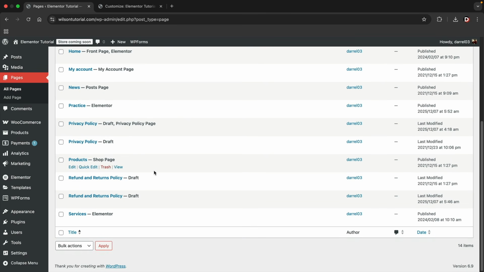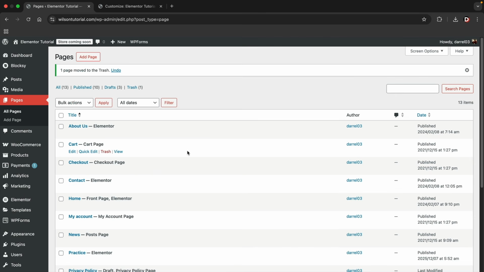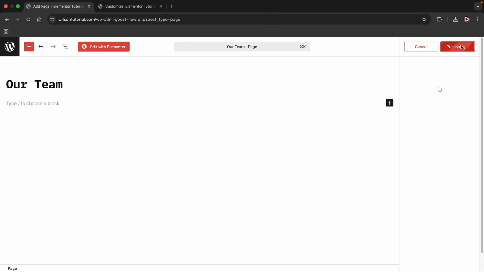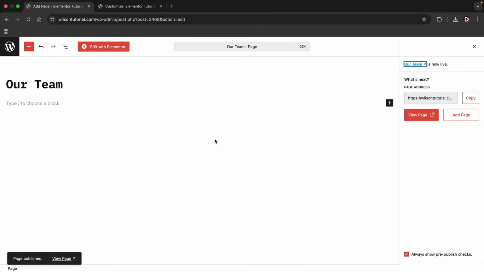Now, if you wanna delete a page, here, for example, we have a refund and return policy page that we don't need, it's draft. So I'll click on trash, and that'll delete the page. Now, if you wanna create a brand new page, here at the top, I'll click on add page. And this will be like our team, right? Our team. At the top right, I'll click on publish and publish,